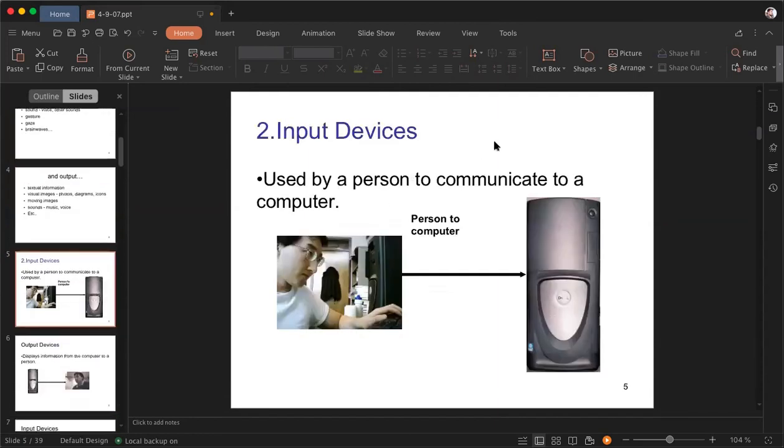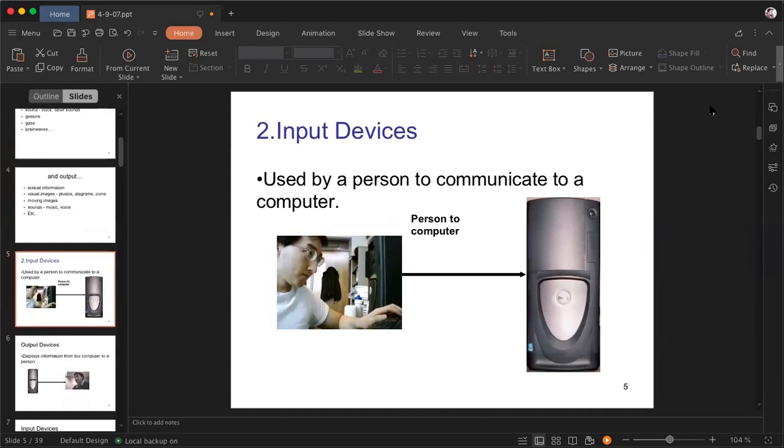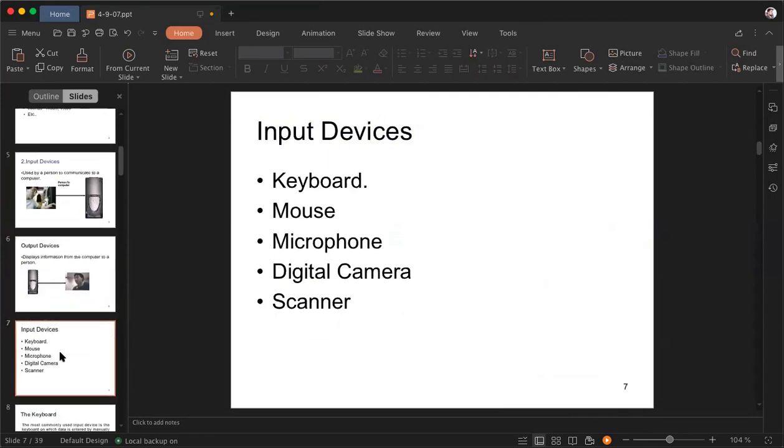Okay. First of all, as we know, input devices are basically used to communicate with a computer, giving instructions to them. That is the basic functionality of a person giving instructions to the computer, and accordingly it performs the task. Output devices provide the information which we expect from the computer to the customer or the user. That is basically called output devices. Okay. Now, basic input devices consist of your keyboard, mouse, digital camera, scanners.